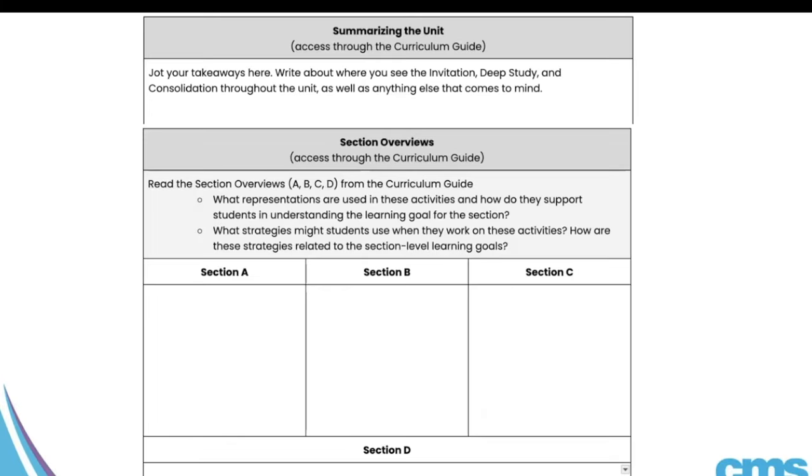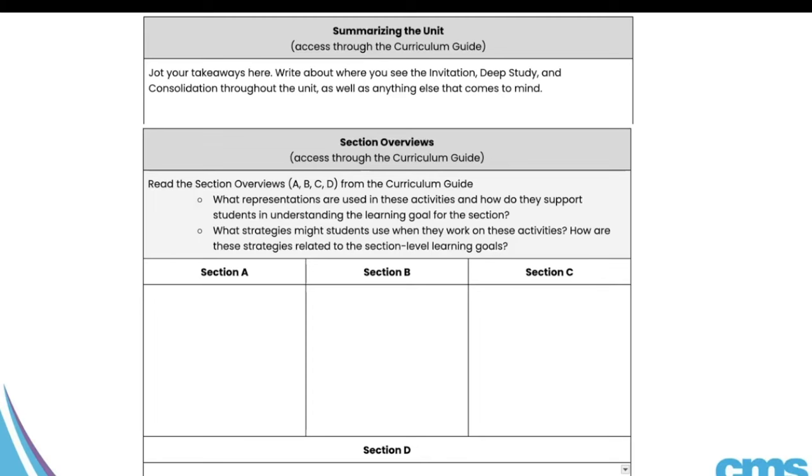What you may have noticed in this unit are students are adding within 100 using place value understanding and properties of operations. In Section A, they add 2-digit numbers with a single-digit number or a 2-digit number to a multiple of 10, and it's not necessary for them to compose a new 10 in Section A. In Section B, they add 2-digit numbers with a 1-digit number or a multiple of 10 where it's necessary to